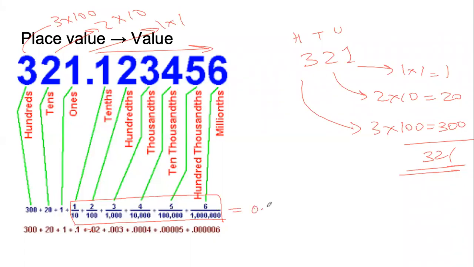Now, those of you who already know how to divide by 10, 100, 1000, you will know that 1 by 10 is 0.1, जो यहाँ लिखा है, 0.1, 0.02, 0.003, 0.0004, 0.00005, and like that. If you know this, if you remember this, I don't have to explain this. If you don't know this, if you don't remember this, don't worry. By the end of this session, we will be able to understand what is happening.